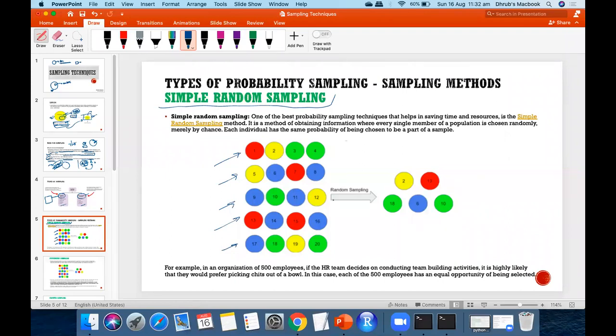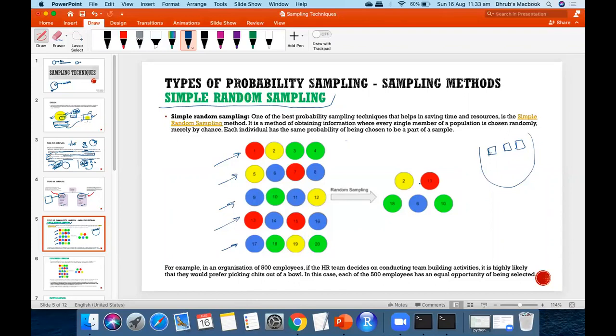What are the ways of this sampling? For example, say I have to distribute 5 prizes among the class which I am taking. Now I don't want to consider anyone to be very smart or anyone to be not so smart. So what I can do is write the name of everyone on chits, and then randomly select 5 people out of the bowl where I have put the chits.